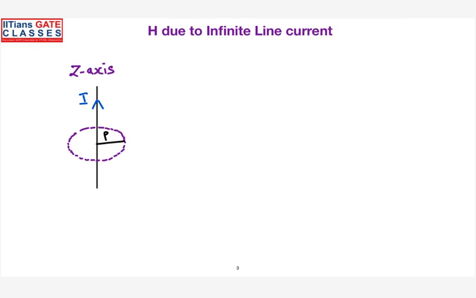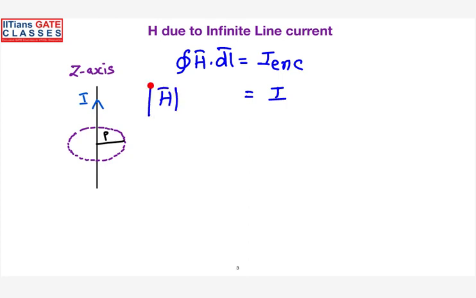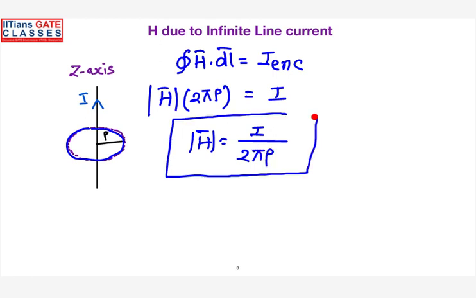And the second thing, you can apply Ampere's law straight away. What does Ampere's law say? The integral of H dot dl is equal to I enclosed. Since you have considered only one loop here, the current enclosed is I amperes. You can take H as a constant, and the closed line integral along a circle is nothing but the circumference, 2 pi rho. 2 pi r is the circumference, where r is the radius, which I replace with rho. Hence the magnetic field intensity is given by I divided by 2 pi rho. So straight away the problem has been solved within 2 steps.